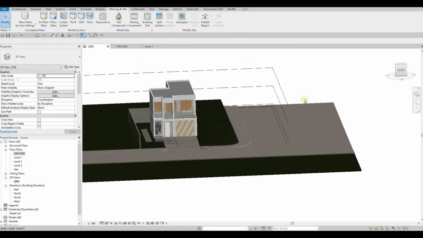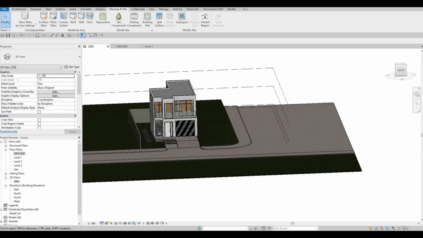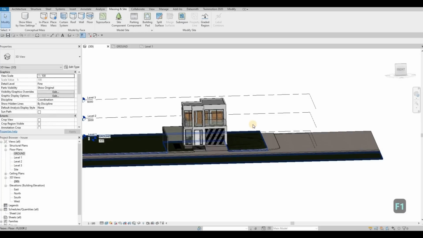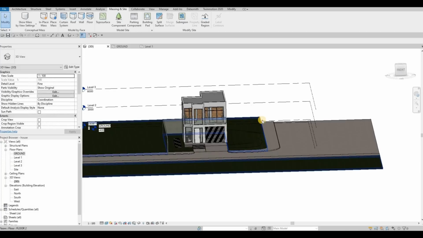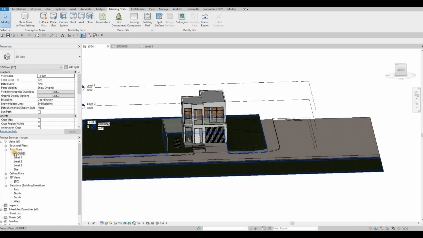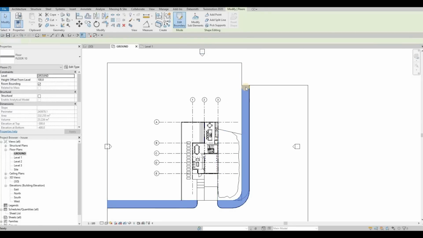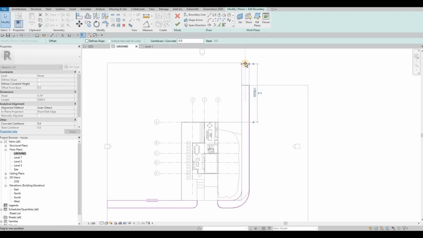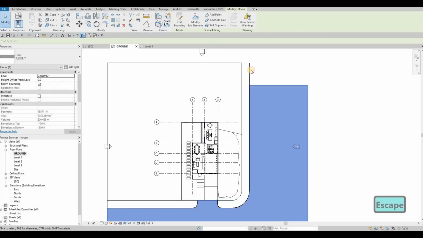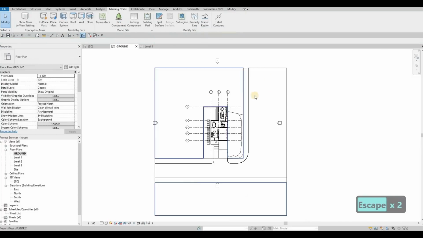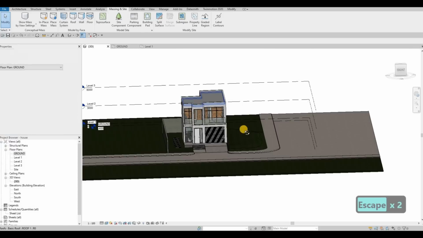We could put a house, another house here if we want to. So another house on this side just for background. We could put trees here to make it look nicer. Okay, so